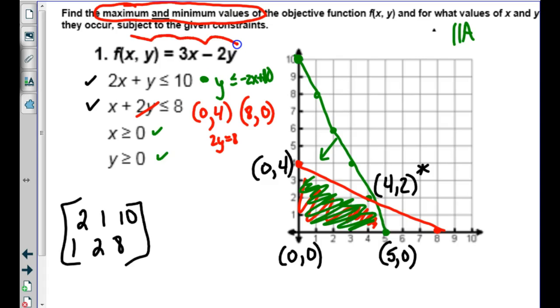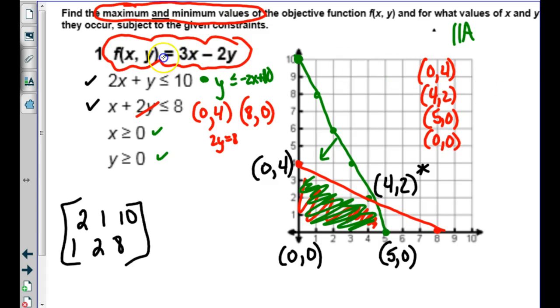We didn't graph this because this is the function we're trying to maximize or minimize. So I don't have a lot of room, I'm going to write them over here: (0, 4), (4, 2), (5, 0), and (0, 0). Okay, if I put them into that function, into function f, which is